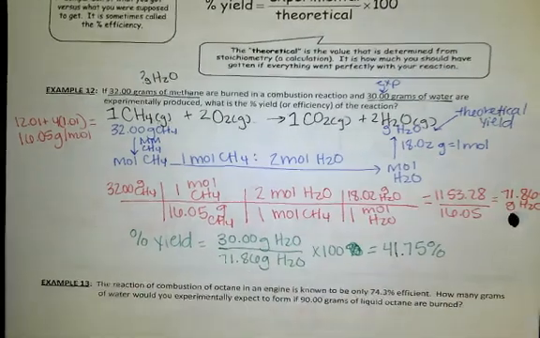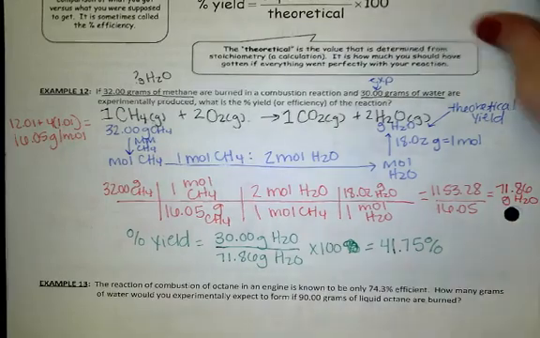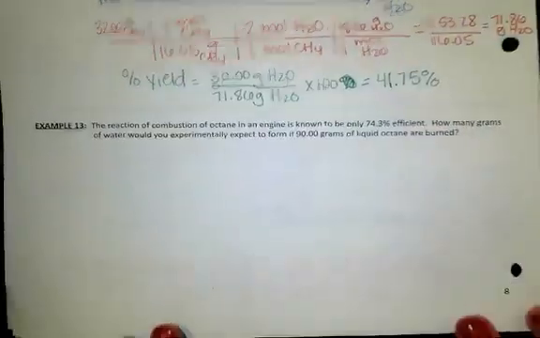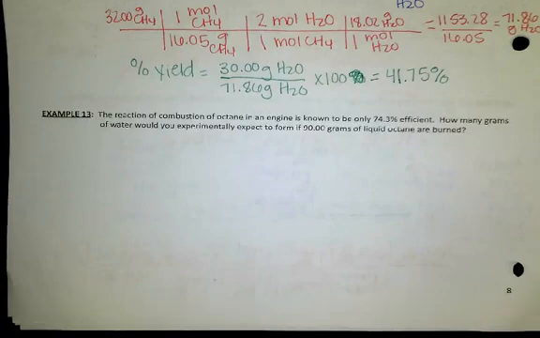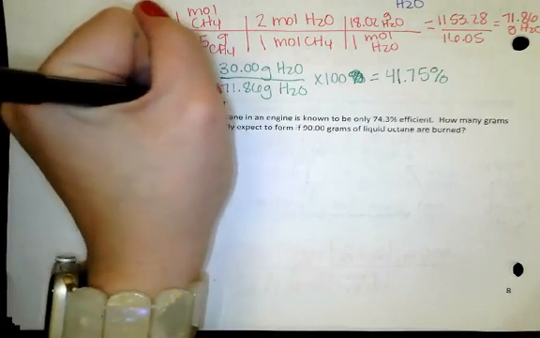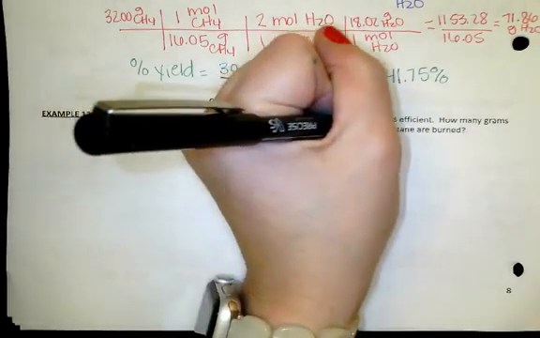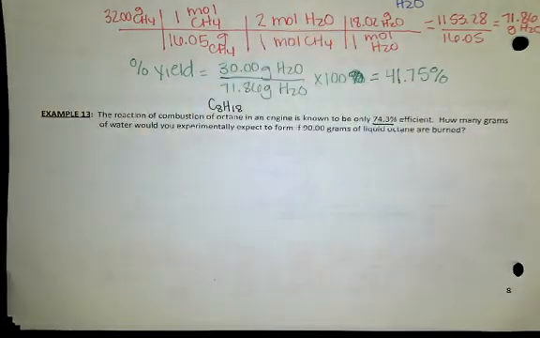Now let's look at the next one. It says the reaction of combustion of octane. Okay, so octane, C8H18, in an engine is known to be only 74.3% efficient. How many grams of water would you experimentally expect to form if 90 grams of liquid octane are burned? Okay, so